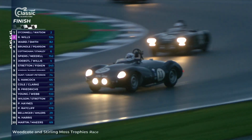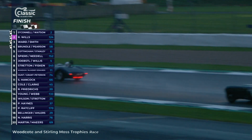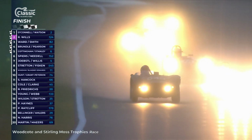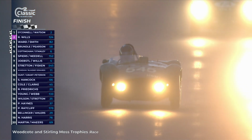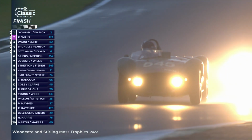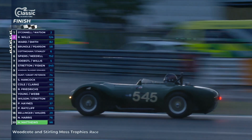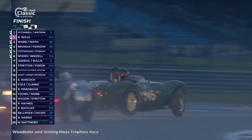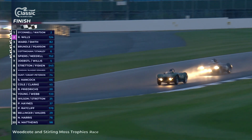We're still waiting for those Woodcote Trophy cars, and there we are. That's the car we think is now in second place in that group. It's the number 545 car, which there it is. You can see it in the darkness just about, which is leading the category, and I think that's going to hold on. Gregor Fiskin at the wheel at the moment, but it's still very close between them. The number 11 car is directly behind. It could still change in the last few corners, and this is for the all-important Woodcote Trophy, a prestigious victory